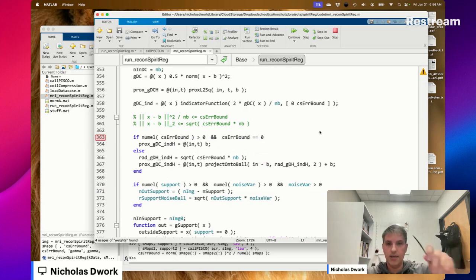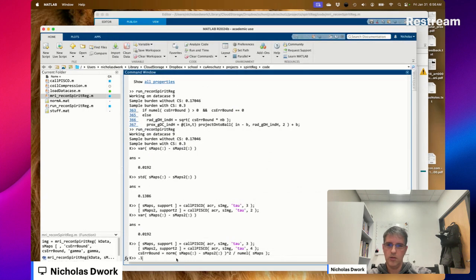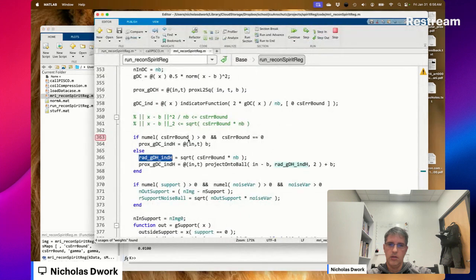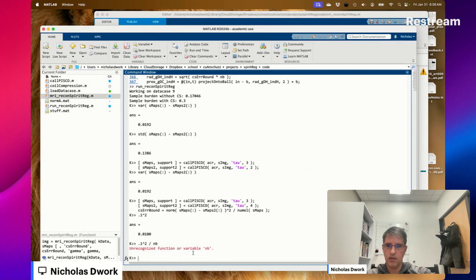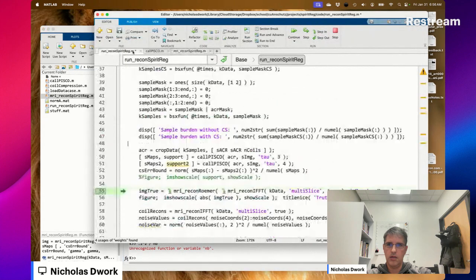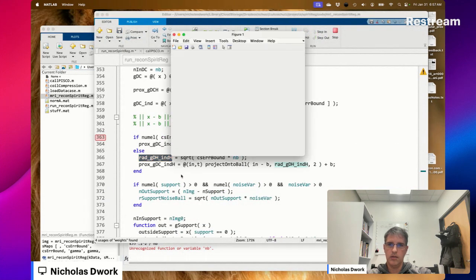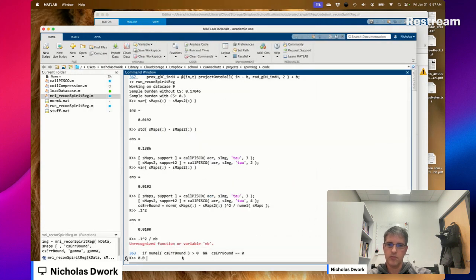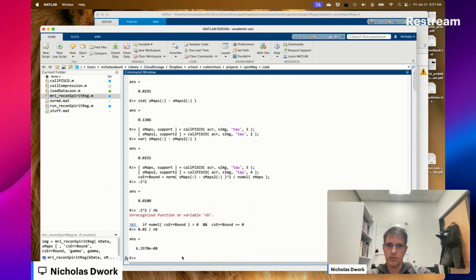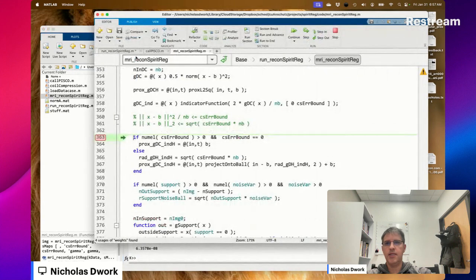What value do we need there? If we want radius to be 0.1, .01 divided by NV, something times 10 to the negative 8.